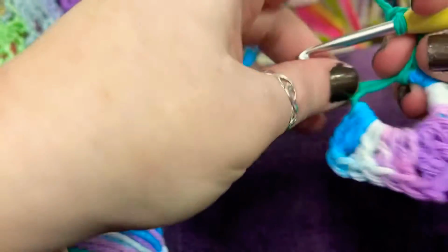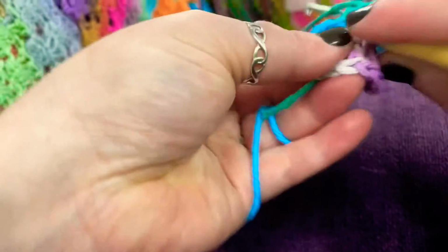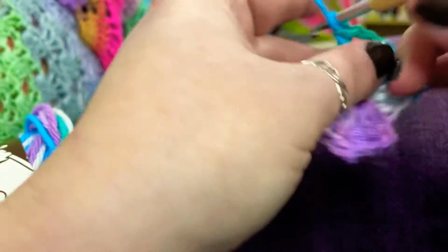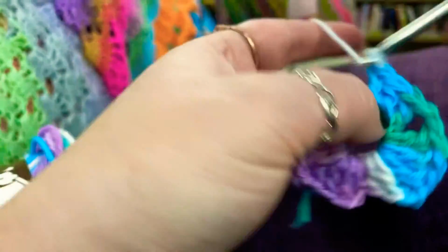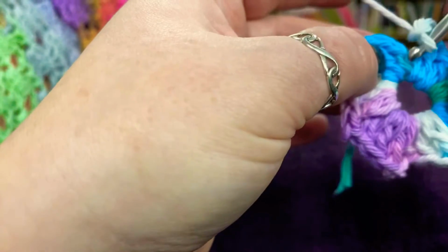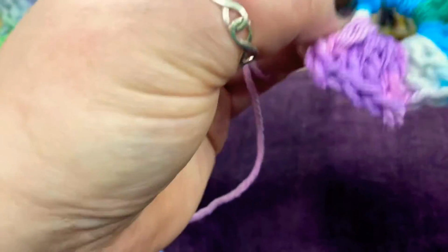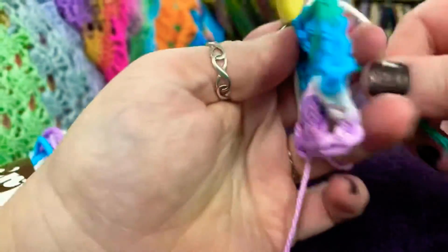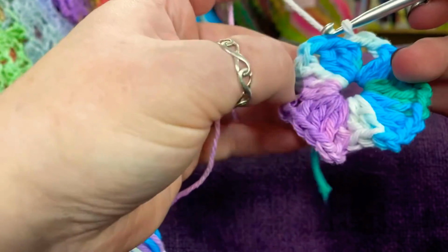Another cluster of 3 double crochets, followed by a chain 2. And we are tightening up that tail. 1, 2, 3, 4, 5. So we got to get 1 more cluster here, followed by a chain 2. Connecting into this middle stitch out of the 3 stitches here, going to go right into the middle with a slip stitch. We're going to tighten up the tail, cinch that circle right up, and that is our first round with 6